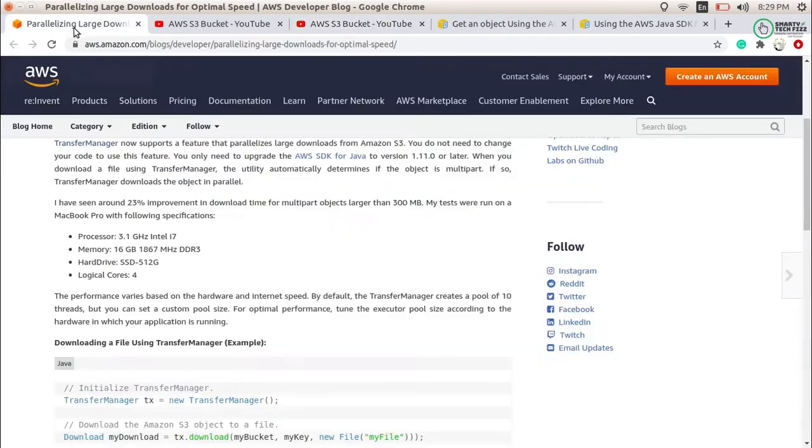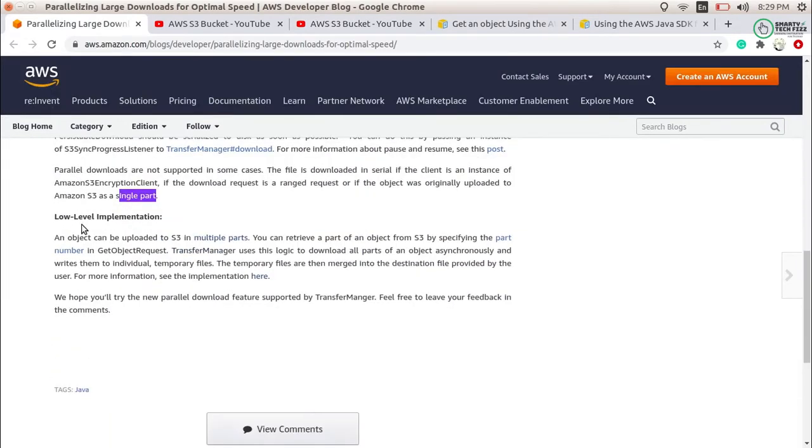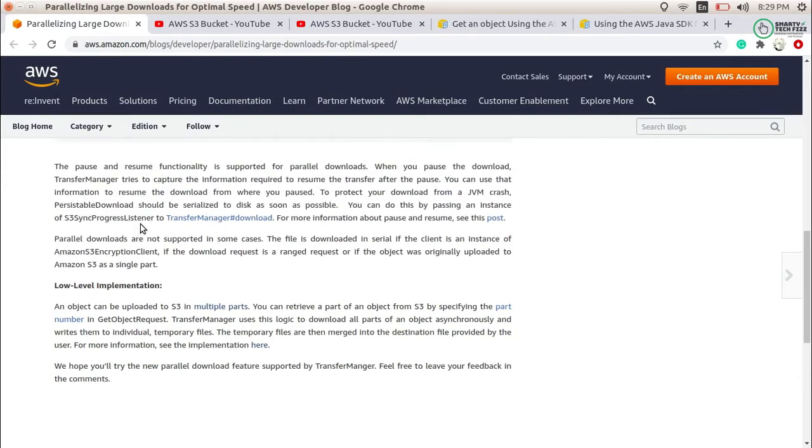The second way is using the low level implementation. So what is the low level implementation? If you are not using the transfer manager client, you normally have to use the S3 client, and that S3 client should be used with a range request. What do I mean by a range request?